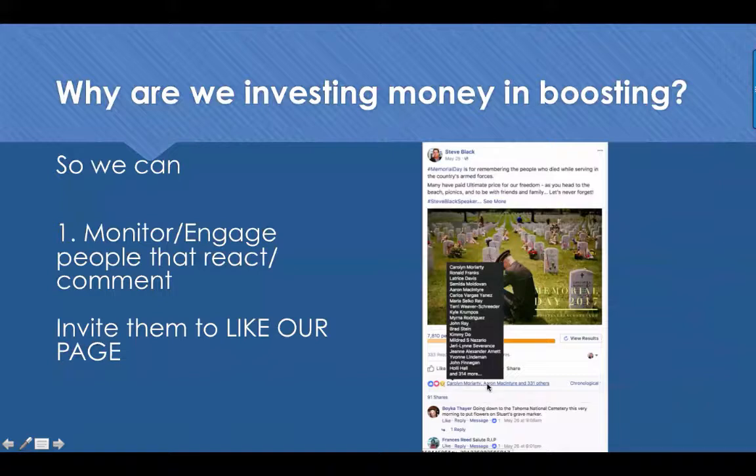So what I'm going to do, I also can see who's commenting, and I can reply to these comments. I'm going to take you step by step through what to do once people are reacting or commenting. But it starts here. I hover over it. I would then go ahead and click right here on this highlighted area.